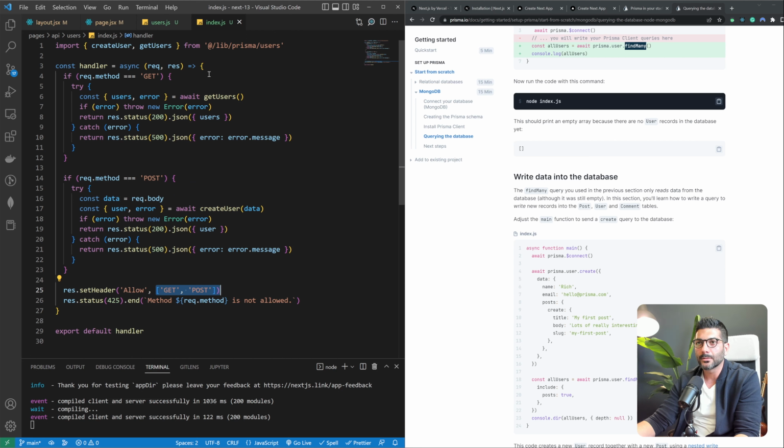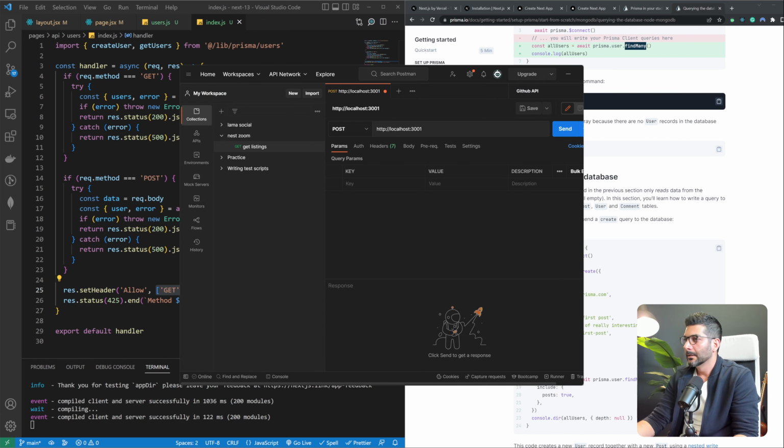Okay, so this is the first thing that we have over here. So let's test this endpoint by sending some data from Postman. Let me just open this up so you guys can see it. Okay, so this is as big as I can make it. I hope you're seeing it correctly. What we're doing over here is sending a post request to the endpoint api/users, and we're going to have in our body,